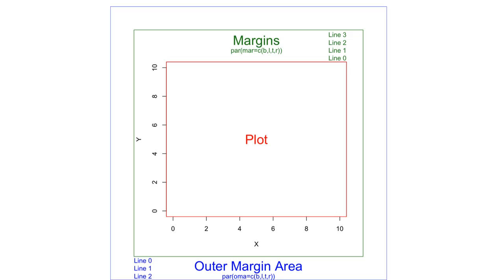We can also set margins using mar and the concatenation function c, with bottom, left, top, right. You can give the values. Similarly, outer margin we can set up using the oma argument. So these things you can indicate. These arguments will be given inside the par function.